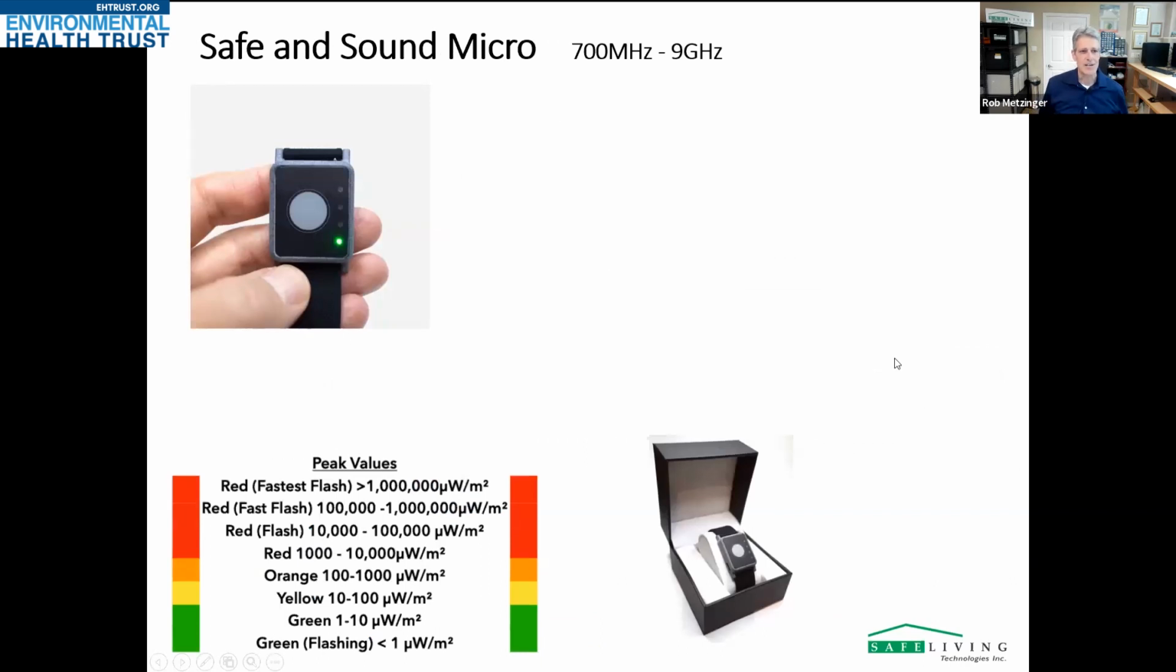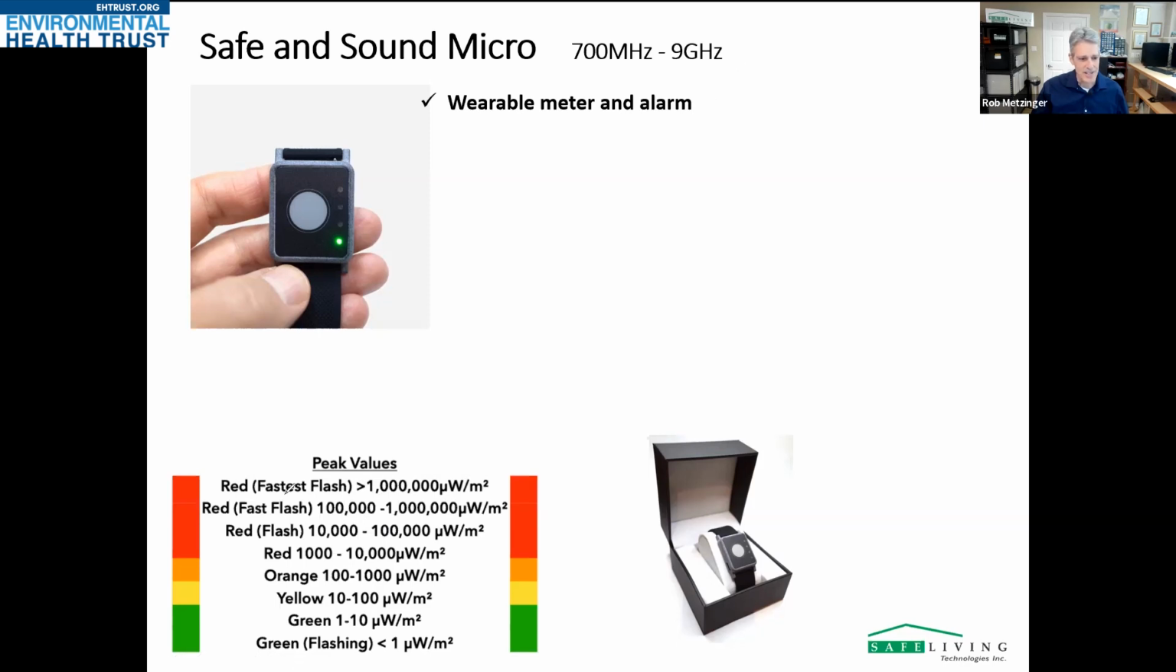And then this is our Safe and Sound Micro. Its operating range is 700 megahertz to 9 gigahertz. It has 4 LEDs with various stages of flashing. If you're in meter mode, it's actually a meter and alarm. In meter mode, the LEDs at the bottom will tell you what